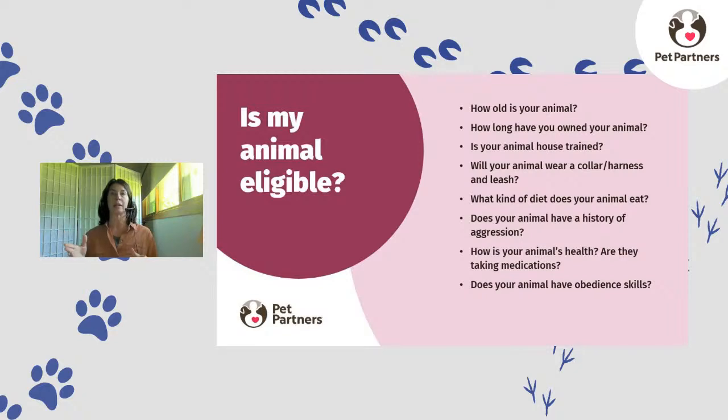So what that means is you might adopt a 3-year-old cat, and so they meet the age requirement, but you are not eligible to be evaluated and proceed until that cat has lived with you for 6 months. And the primary reason for that is so much of a successful therapy animal visit is in the relationship between the two of you. So we want to ensure you have time to build that before you go through this process. All animals must be house trained, and they all must wear either a collar or harness and a leash,